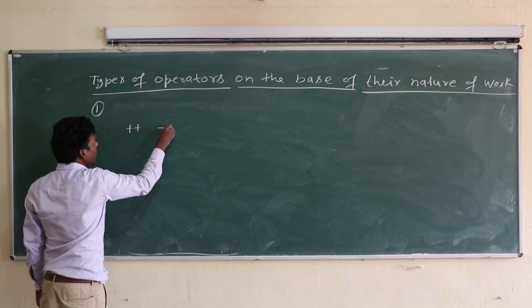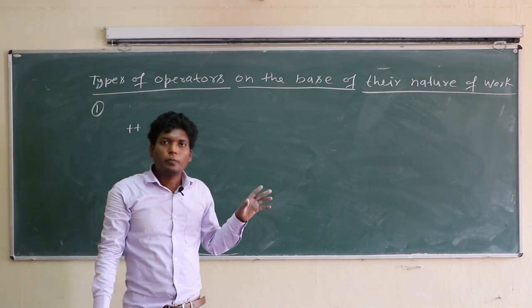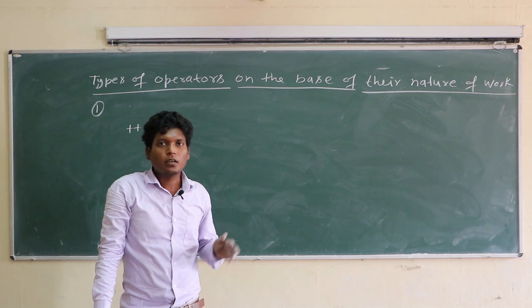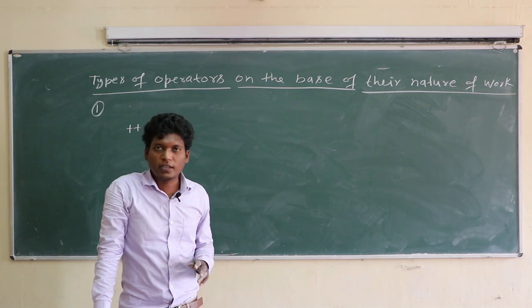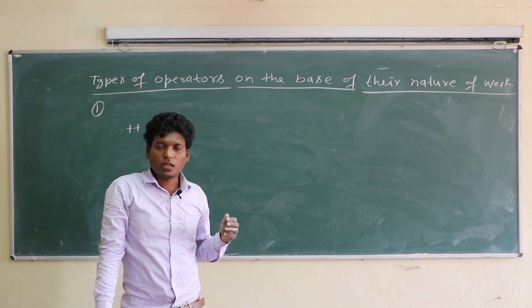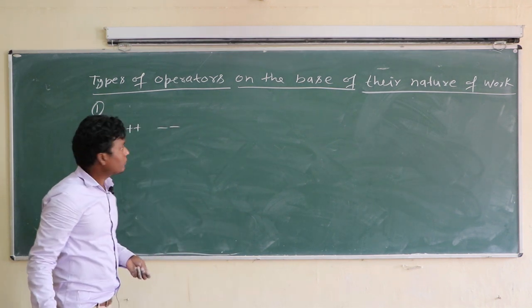Plus plus, minus minus, this is also an arithmetic operator. Pre-increment, post-increment, pre-decrement, post-decrement. Increment and decrement operators are also called arithmetic operators. For example,